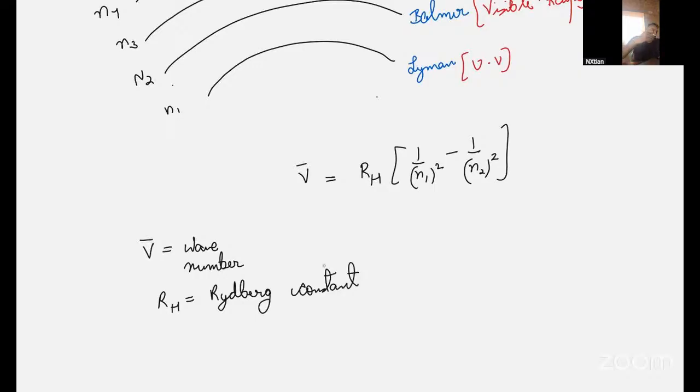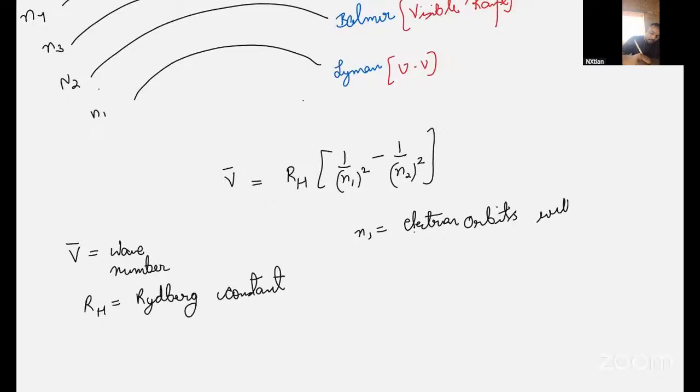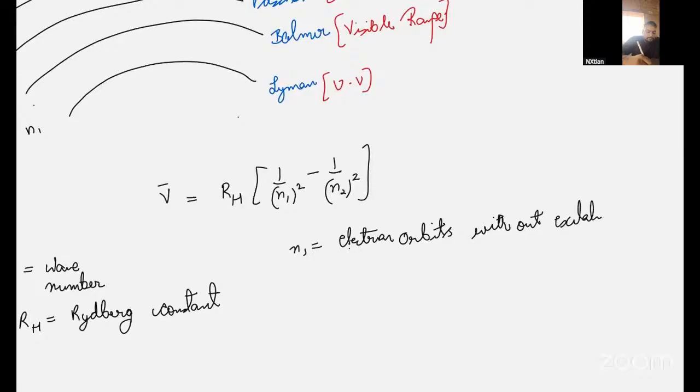Okay. Got it? Yes. And what is N1? N1 is the electron orbit without excitation. So, for example, if it is without excitation, it was in the first orbit, then that is one. And N2 is the electron state